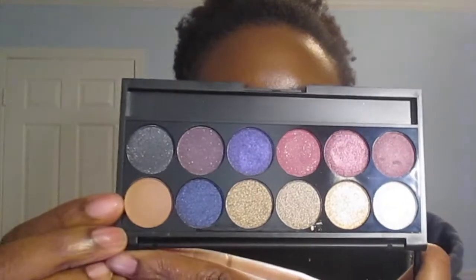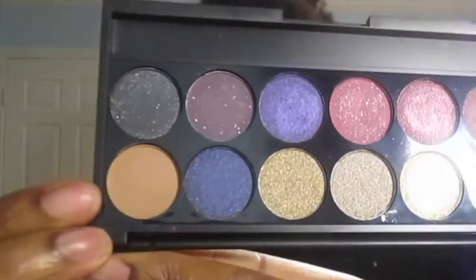And as for this eyeshadow palette, I will say that it's okay. There's only one matte, which is the brown. So the only matte is right here. It's the brown. Everything else is all shimmer, and the shimmers aren't even really all that good, to be honest. So I'm gonna keep this just because I won this from one of my favorite YouTubers, but honestly I wouldn't